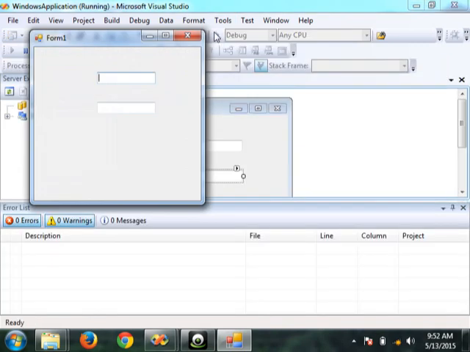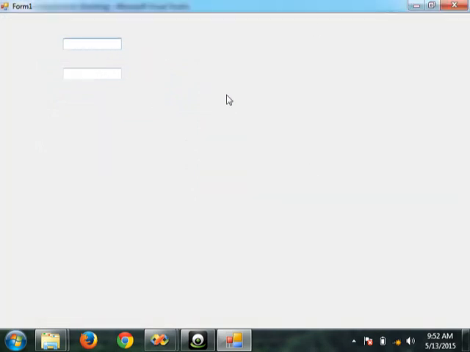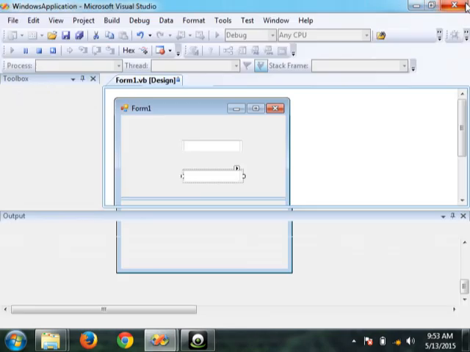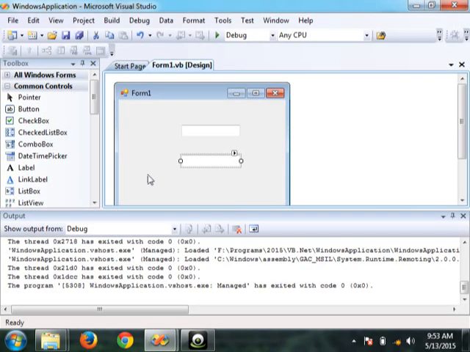Now see if I run this. These are the two text boxes. There is no other information in this form, is there? If I maximize it, this is how it looks. Now it's very confusing. Am I supposed to enter the number here or here? It's a text box, so it will take a number, a letter, whatever you want. But there is nothing else telling me what this text box is for. You get it? So for that we have another tool called a label.